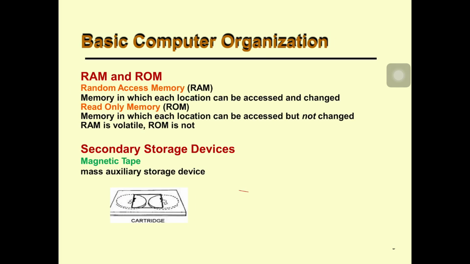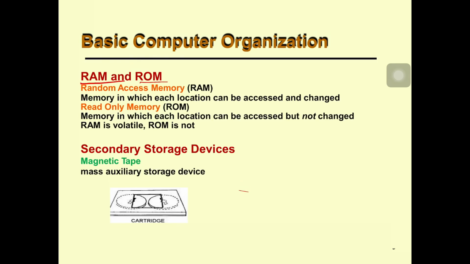Now, RAM and ROM. RAM is random access memory. Now we are talking about storage devices. First is the primary storage device, and the second is the secondary storage device. The primary storage device is the main memory, which is the smallest in size and quite fast compared to the secondary storage device. Main memory is volatile and secondary memory is non-volatile. There are two portions of the memory: the first is RAM and the second is ROM.